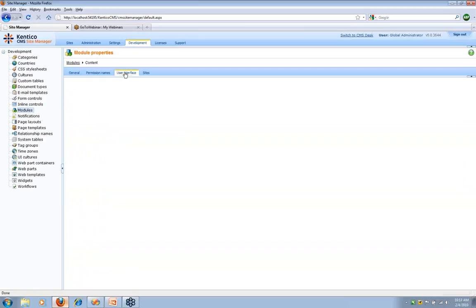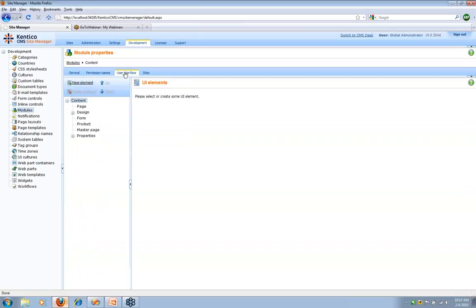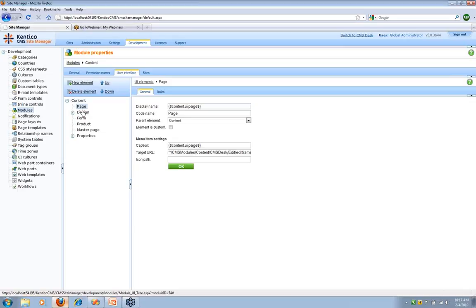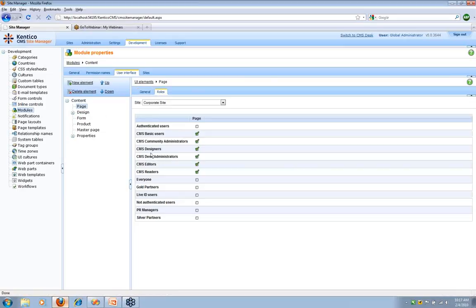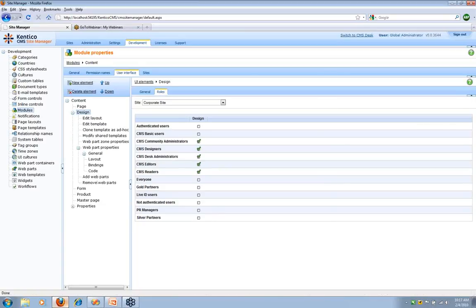As you see, we have a new tab called User Interface. User Interface allows us to do things like select new elements. You can see that we've got all the menu options listed here. We can click on any of these and start defining the roles that might be available. As I click through these, you have the capability to select, as well as the sub-menus, and drill all the way down. If we go back to modules,